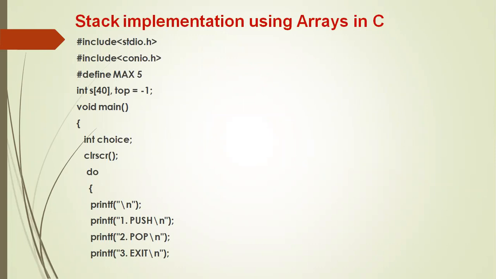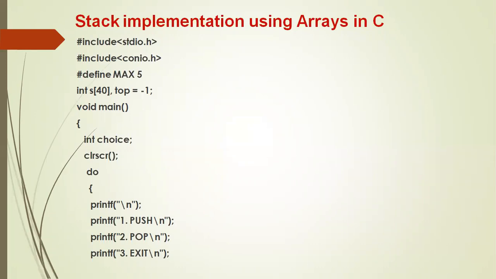Let us start with the first problem. In our previous class, we learned the two basic algorithms associated with stack. One is push operation, the second one is pop operation. In the push operation, the first condition is you have to check for overflow. What is the condition for overflow? If top equal to max, then we say it's overflow because stack is full. If overflow is not there, then you increment the top pointer. So top equal to top plus one. Then we take an element called item and put it in the top position of the stack.